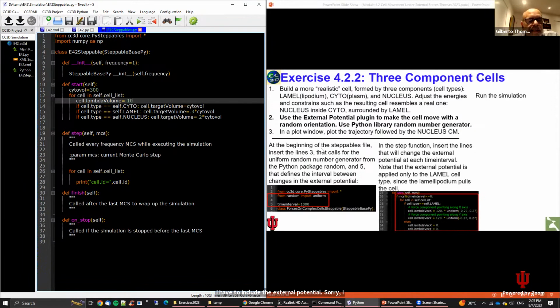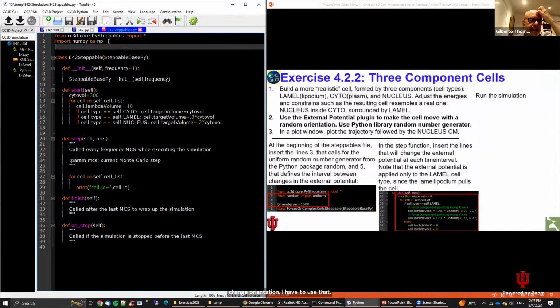External potential is here. The question is to make the external potential, the force, randomly change during the cell evolution. To randomly change orientation, I have to use a new mathematical function,